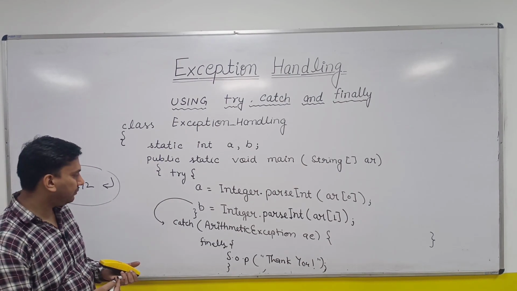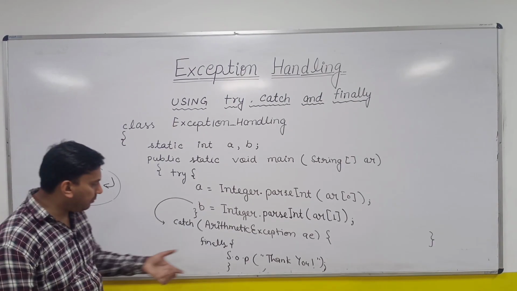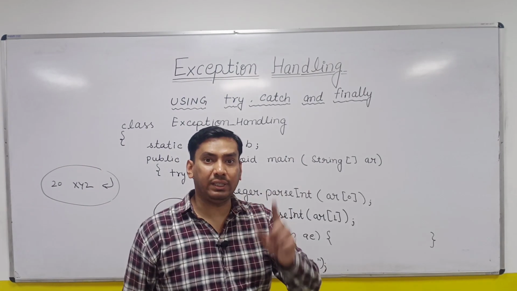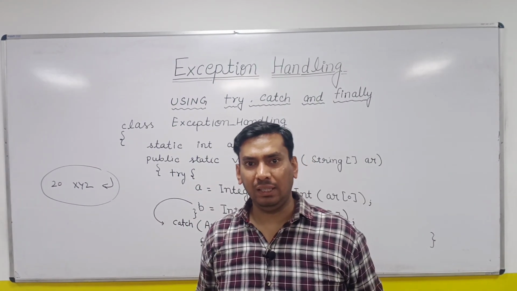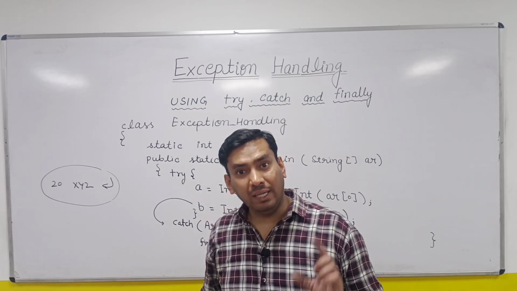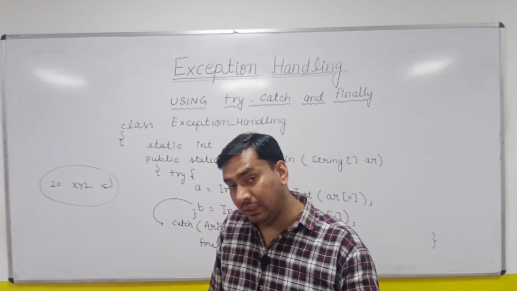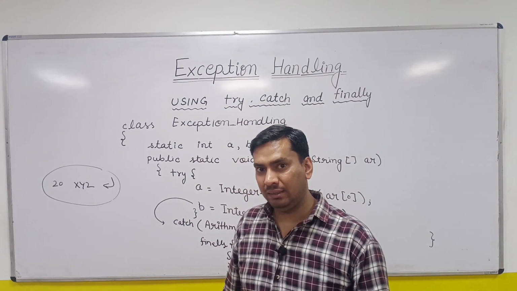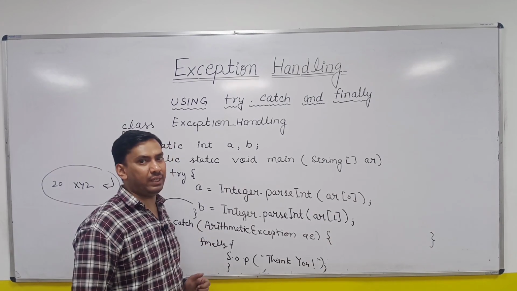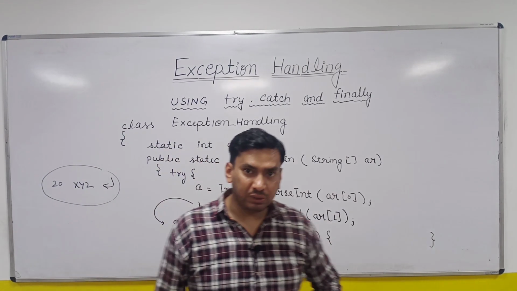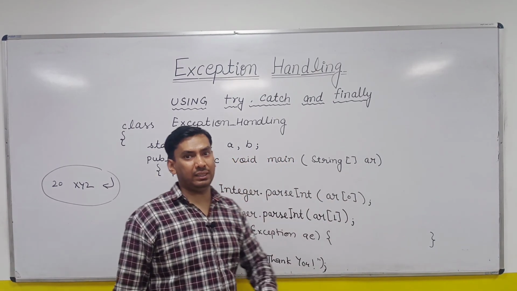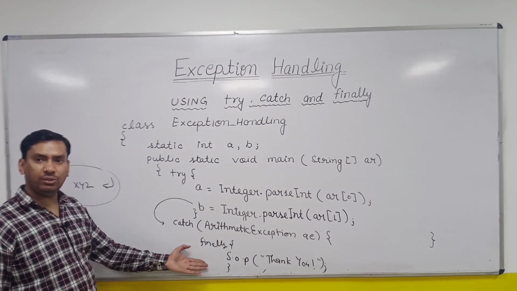Is it okay? Fine. So this is the importance of the finally block. It will be executed even if your exception is not handled. This is the correct statement. If the exception is handled, then the normal statement will also execute. There is no need of a finally block. The finally block comes into the picture when the exception is not handled, right? Still it will execute this statement. This is the use of the finally block. When you want to execute some statement even when the exception is unhandled, then also the finally block will execute. If the exception is handled, then there is no need of a finally block.